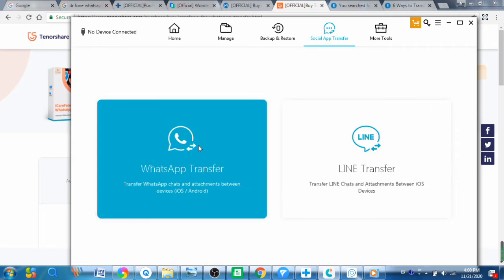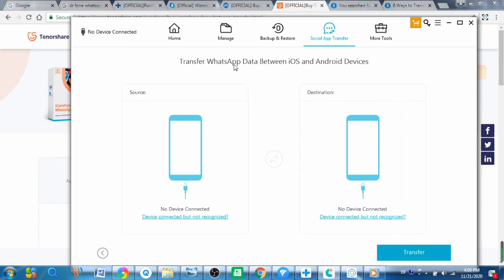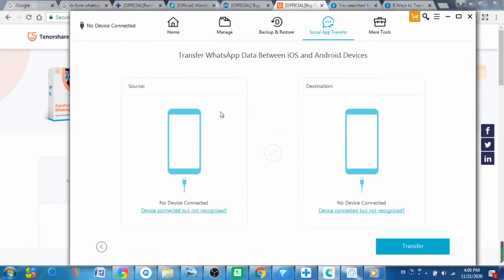So if you could just tap on this option to transfer WhatsApp data from iPhone to Android or vice versa. It is very similar to use compared to other WhatsApp transfer tools. First of all, just connect your iPhone and Android devices to the computer, and set your iPhone device as the source and the Android as the destination device. After the devices are recognized, you just need to tap on the transfer button to start transferring the WhatsApp messages